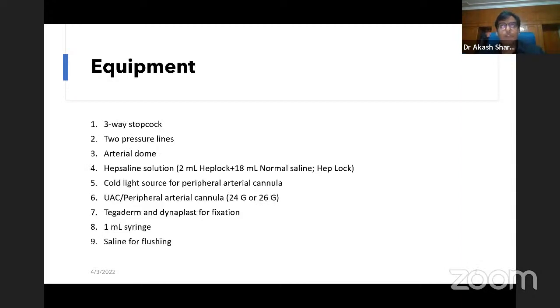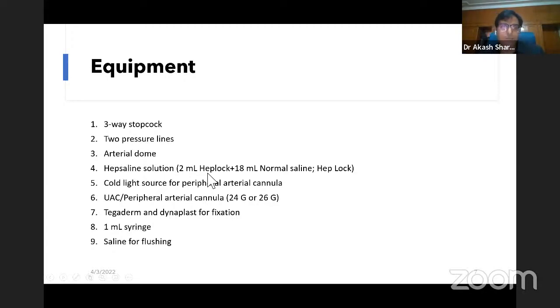So equipment, I'm not going to go into much detail. Much has already been said about the pre-procedural asepsis and the drapes. But what you would need is a three-way stopcock and two pressure line arterial domes. We'll be talking about them. Hep-saline solution, as Usha ma'am